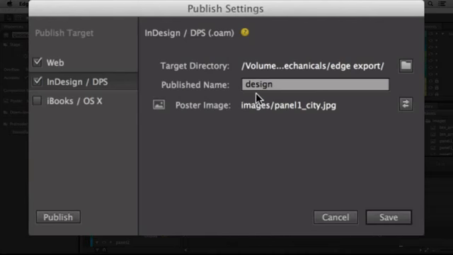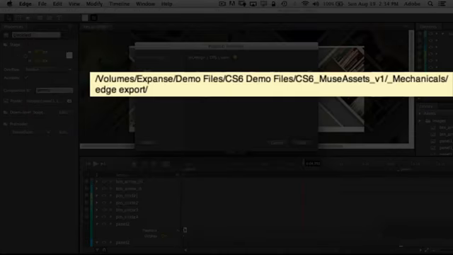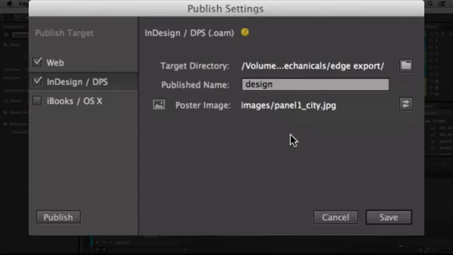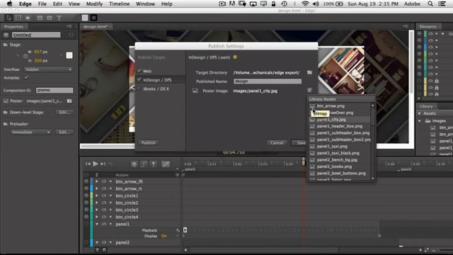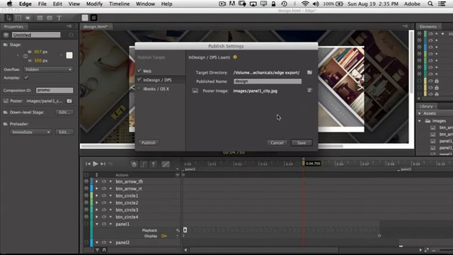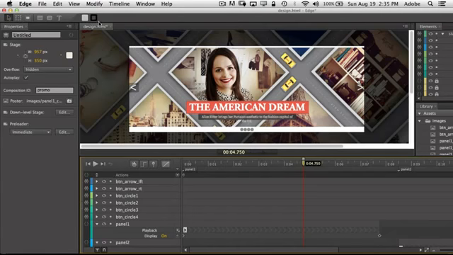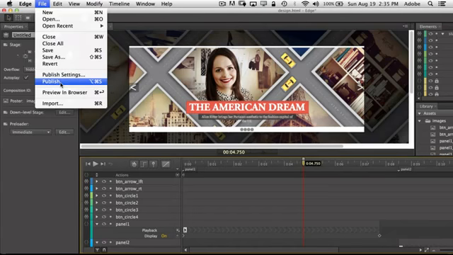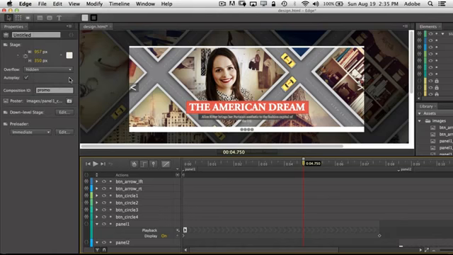And what we're going to do here is tell it where to export. So I told it to export in the same folder or a new folder inside my Muse folder, and we're just going to call it design. And for the poster image, this is the actual image that you'll see on the page inside Muse. We're just going to tell it to use one of the images that were placed, which is the composite image here. So we'll save our publish settings. We could have actually published from there too, but we're just going to say publish. And when I say publish, that will export out the web version and the